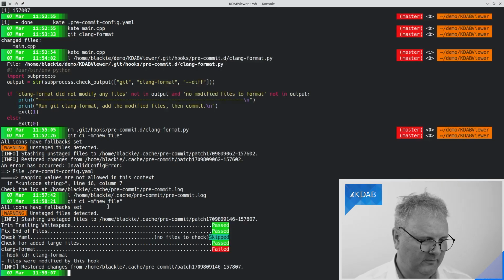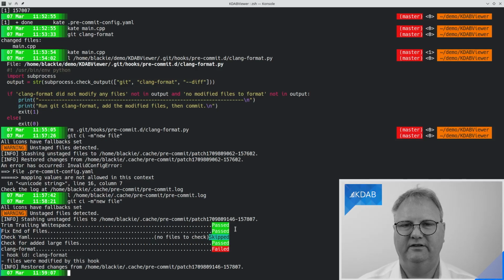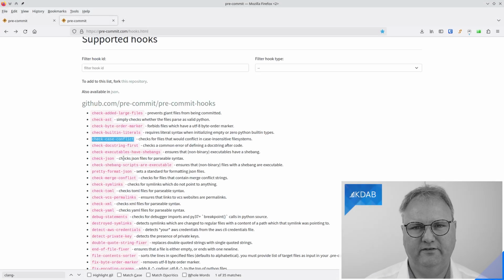And now you can see in my script that it ran, and there's no files to check, so it skipped this one. But my hook here for clang format failed, so that's the actual hook that was now working. And here the journey starts.